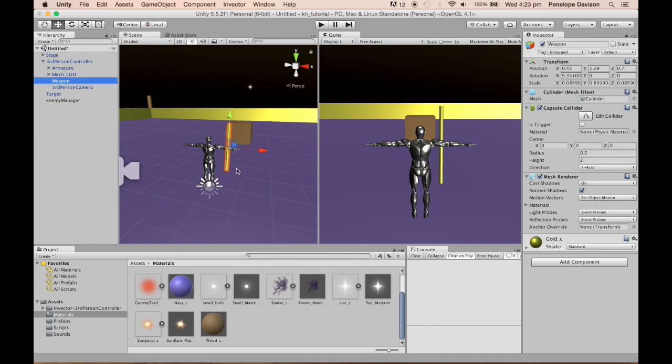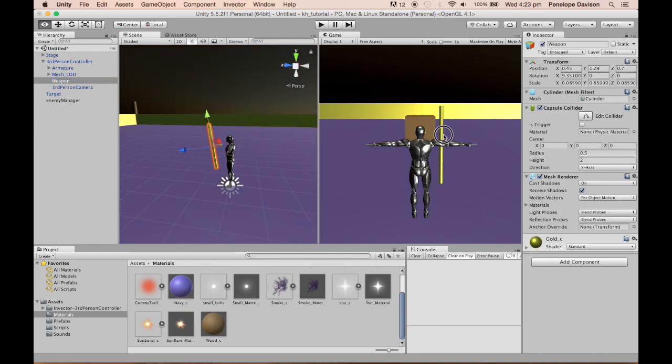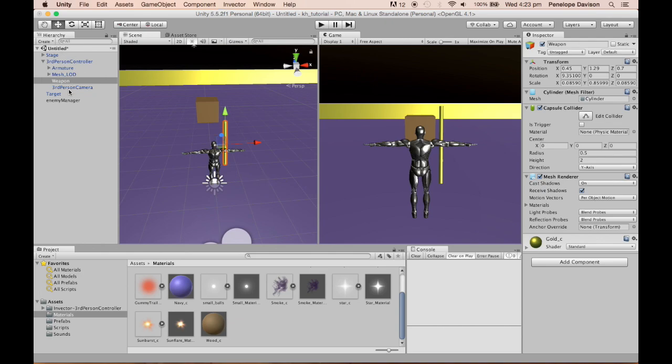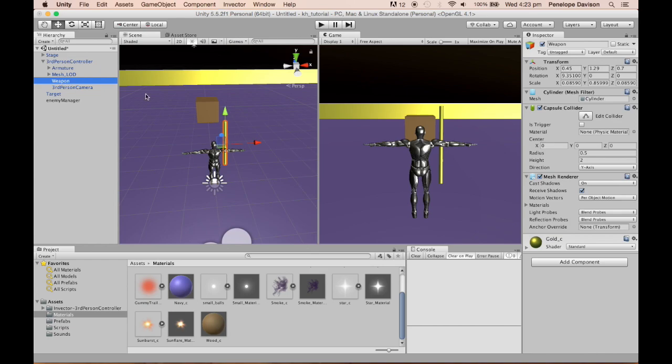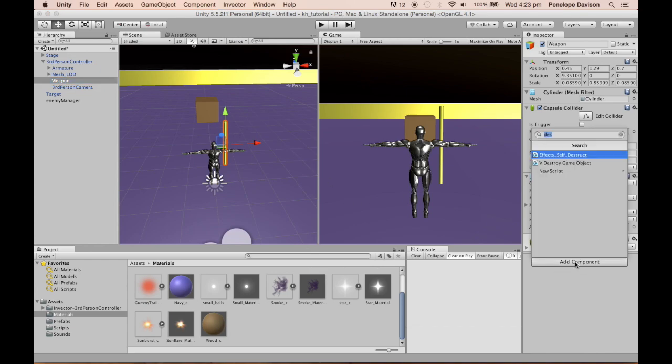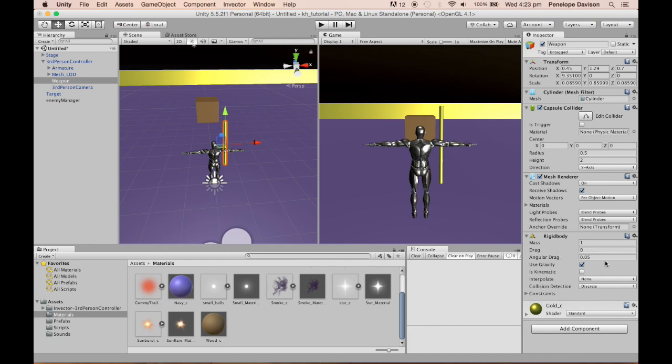Alright, what we're going to move on to next is just equipping our weapon so that it can actually hit that box. Before, we added a rigid body to our box, that way we could actually hit it with the weapon. We need one for the weapon as well, so that's the first thing we'll add. So just a rigid body. It doesn't really matter what it has here in the settings as it's not going to be moving, we want it to stay next to the character. However, you probably do want to turn gravity off,